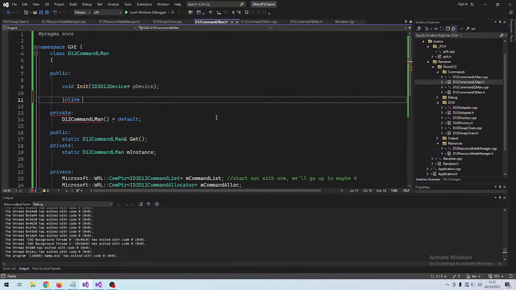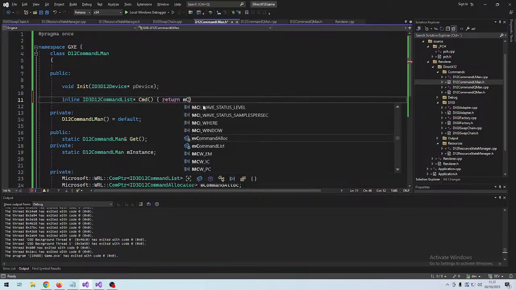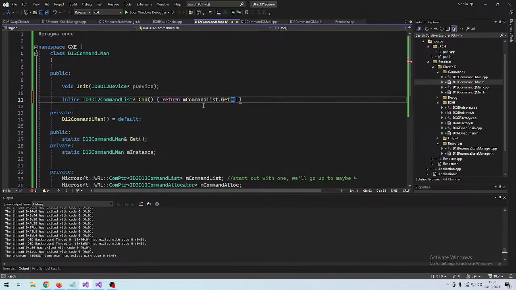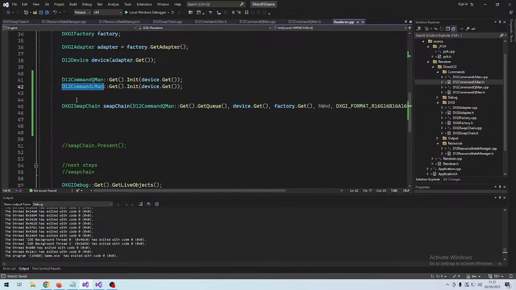Since we only have one command list, command and return command list dot get. Yeah, let's try that. So our command list manager